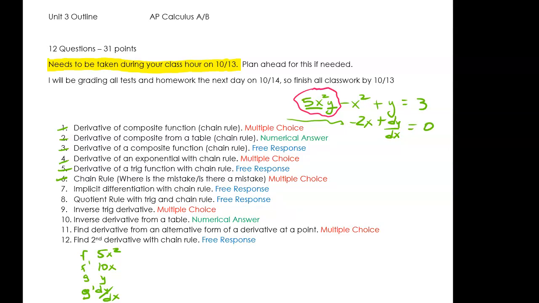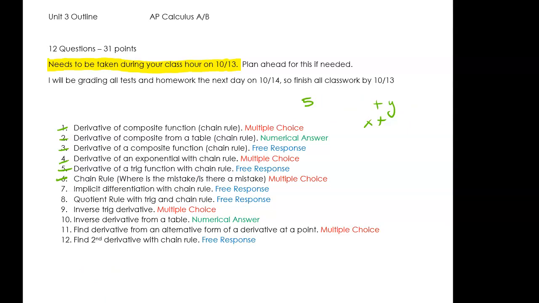Now your goal is to solve for dy dx. So dy dx is in more than one spot. So you're going to have to combine those together and factor out dy dx. There's tons of steps. But these are definitely in your homework for you to practice. And I would highly recommend you do practice those. And I can certainly help you out with some of them if you want, but I would recommend you practice them.